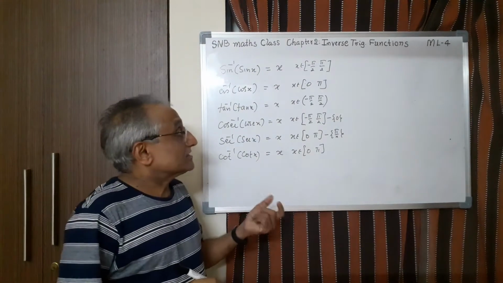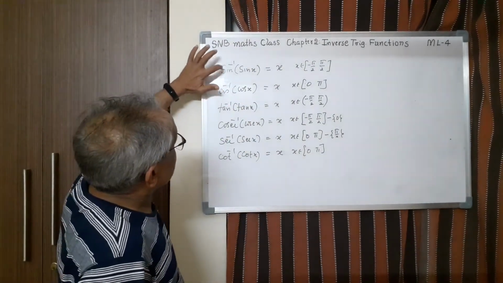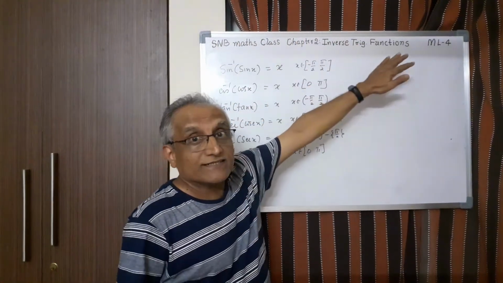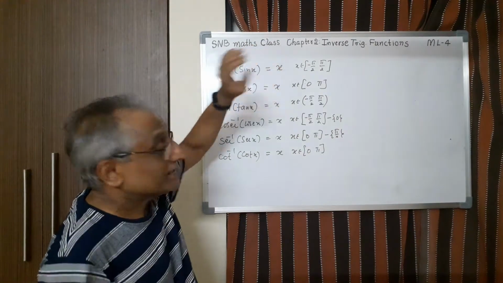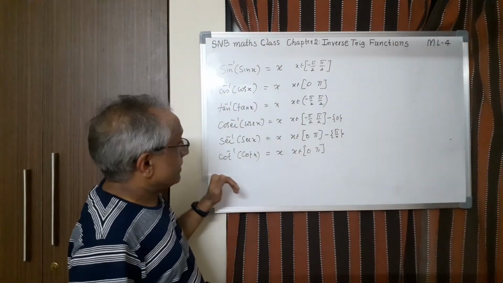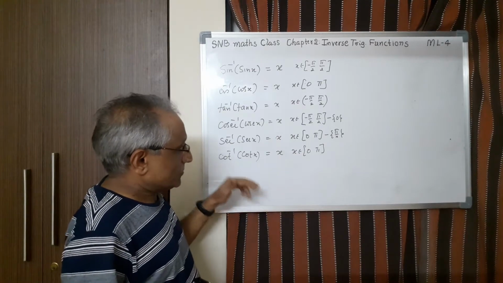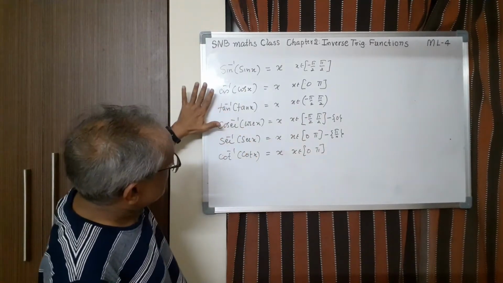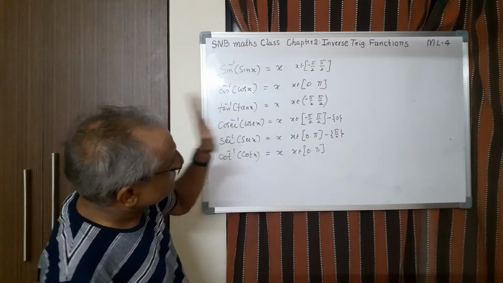And sometimes questions will be asked. For example, what is sine inverse of sine x, they ask, but x is purposely given outside. In that case, we have to use the property and then you have to find. Of course, I don't want to solve the question today. Let us take the question in the related lessons. But you have to remember this as a property. The other one is also correct.